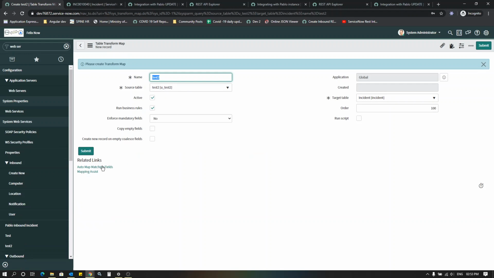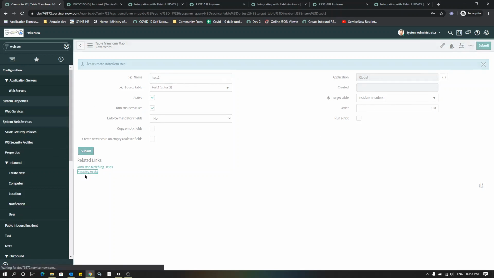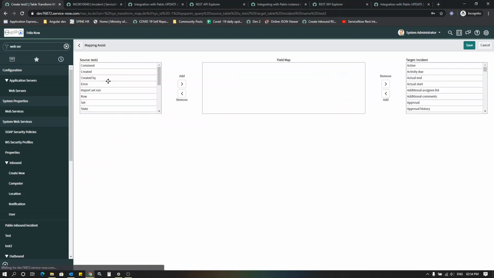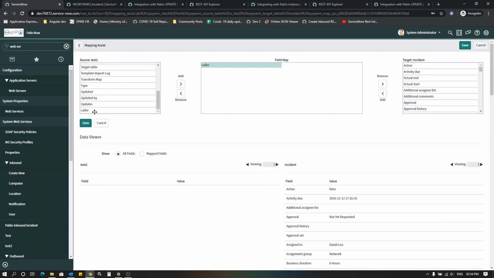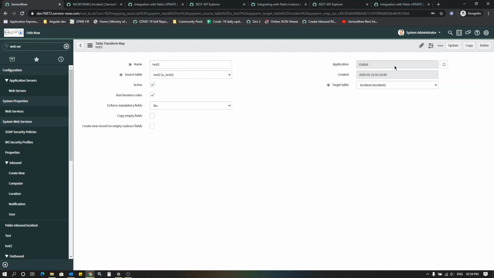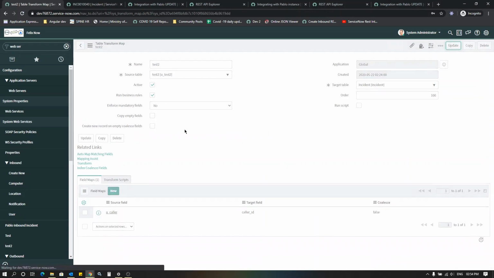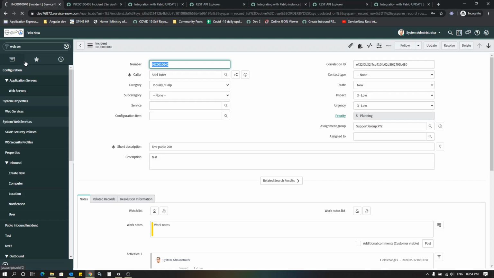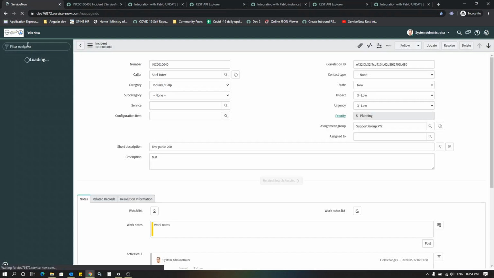Now we need to map our caller field u_caller, which we have created earlier, with this incident table. So for that, go to mapping assist and get the caller from here, get the caller from here as well, and save it, right? And when you update it and refresh it,